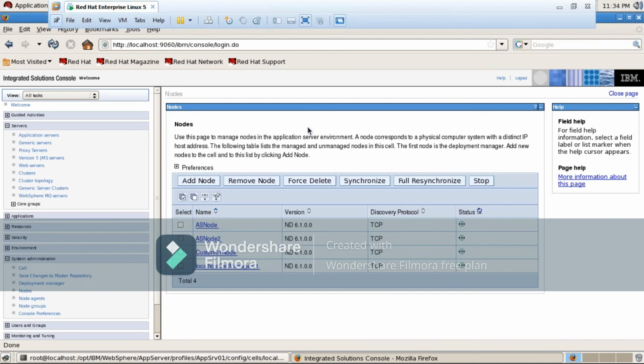DMGR1 profile is created means one cell is created, and DMGR2 profile is created means another cell is created. In the same way, I will create 5 DMGR cells. In each cell, I'm going to make responsibility of 10 applications, right? So how many nodes will I federate? Let us forget about 5 cells created for 50 applications.